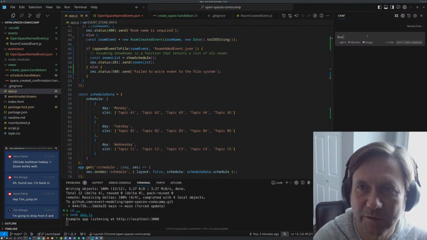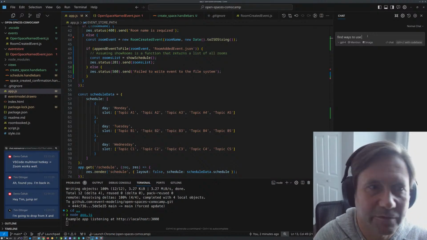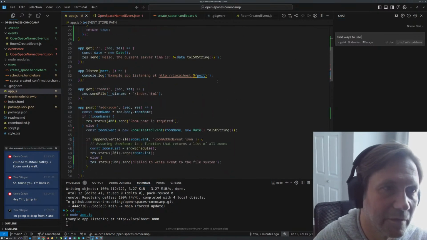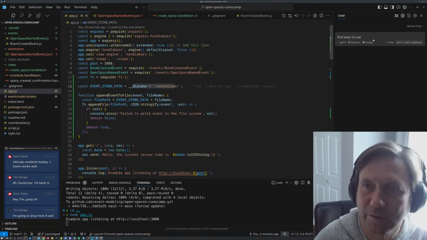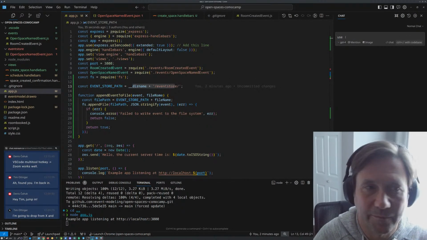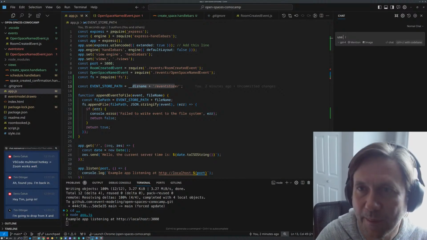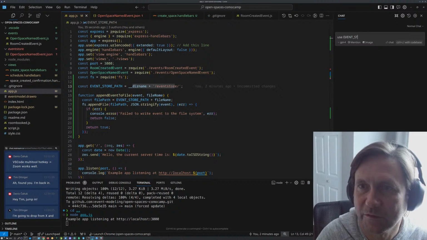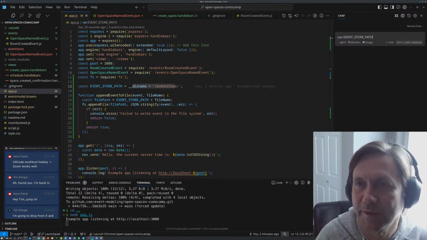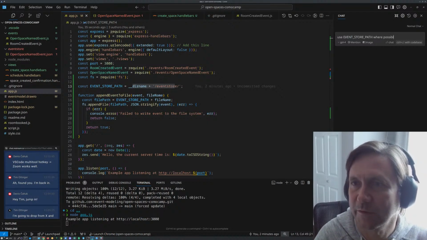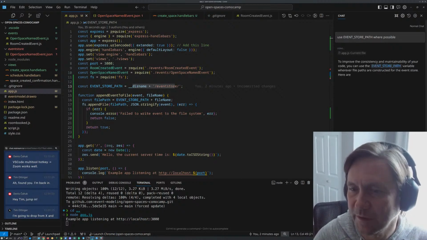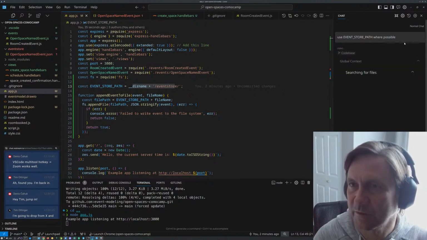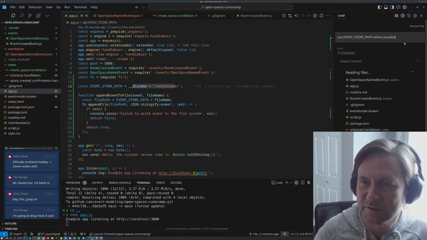Find ways to use, or not just use, event store path where possible. Oops. Now I have to stop that and do it with the code base.